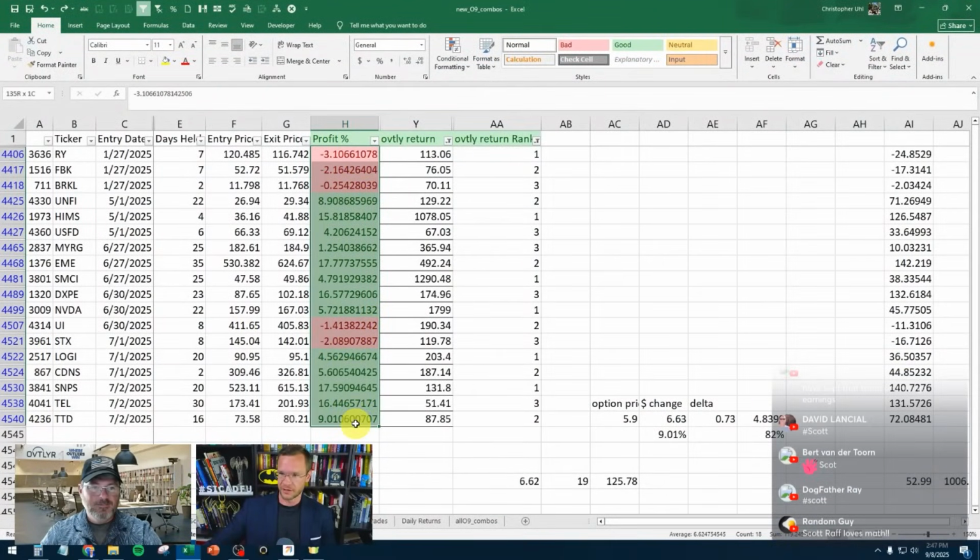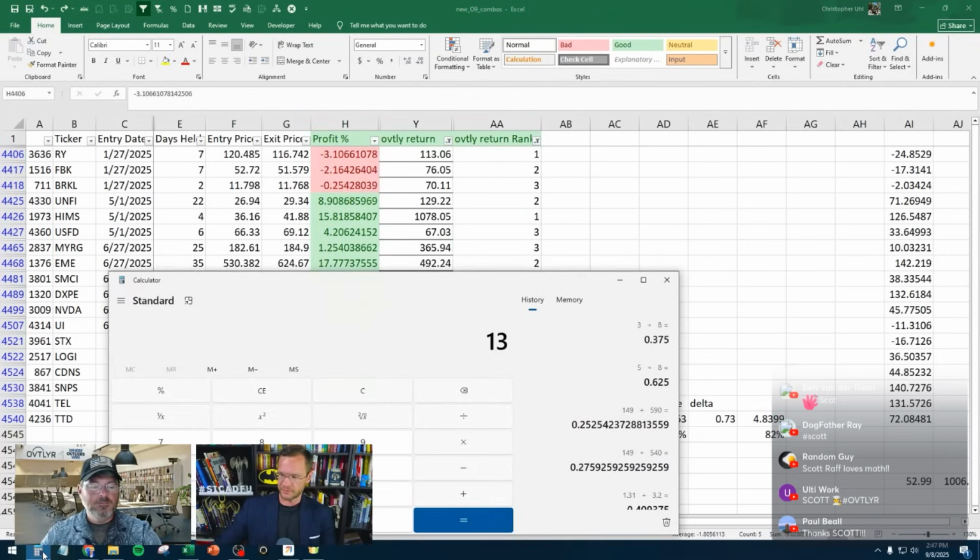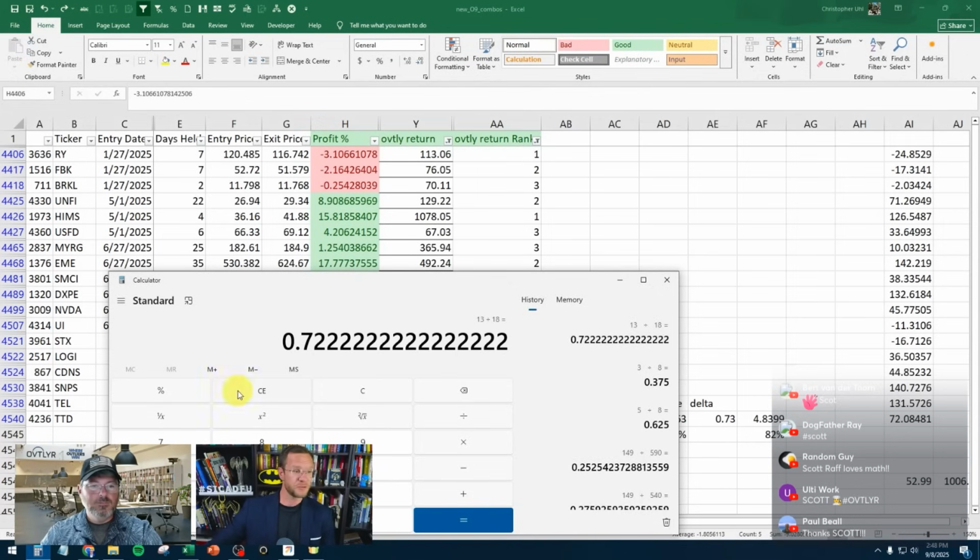What's this win rate here? There's 18 of these. Oh, we were counting the header, so it's actually 18 trades, not 19 trades. Either way, 13 out of 18 is a 72% win rate. I actually really like a high percent win rate, Joe. I don't know about you, but it feels really good to have winners.